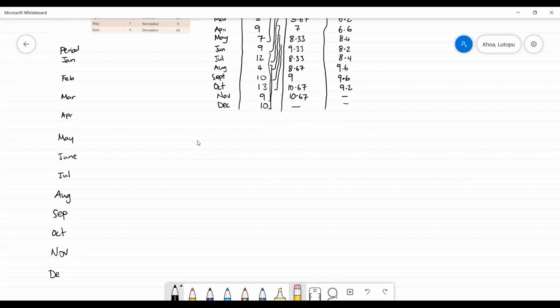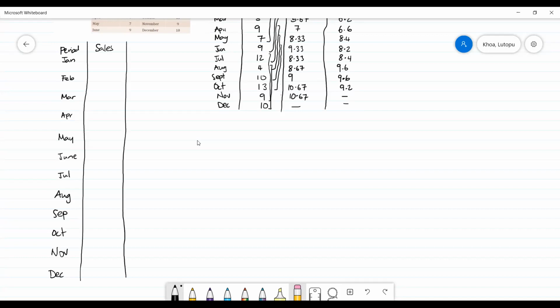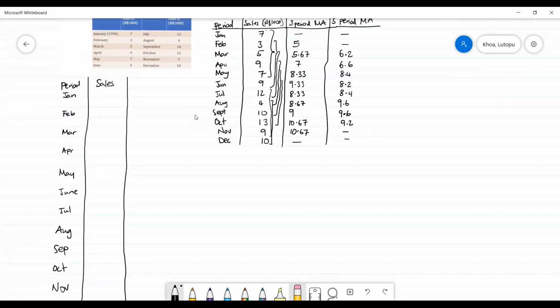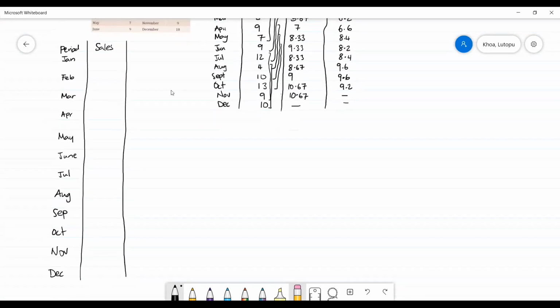Here we would have December. So this is how we would do it. Then we would put our sales amount as we did before. So for January, we had 7. So this was 7. This was 3. This was 5. Then 9,